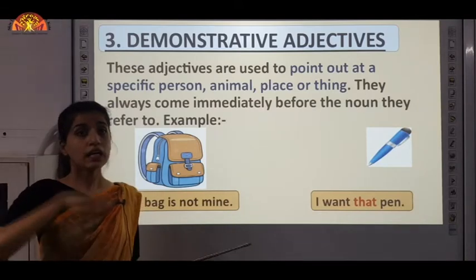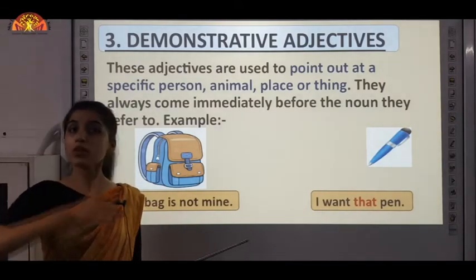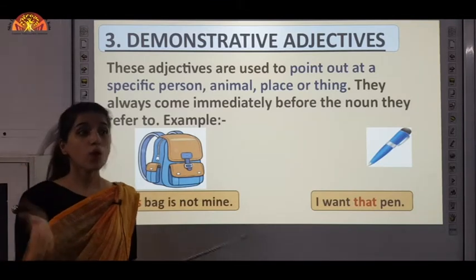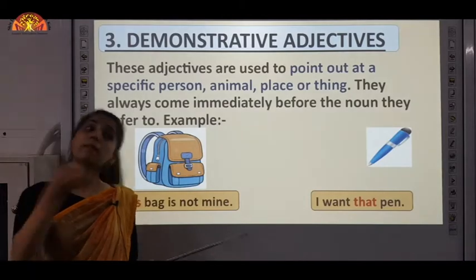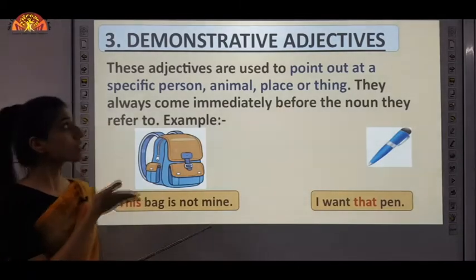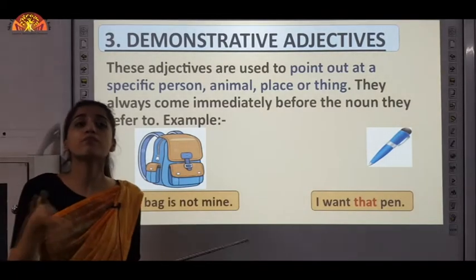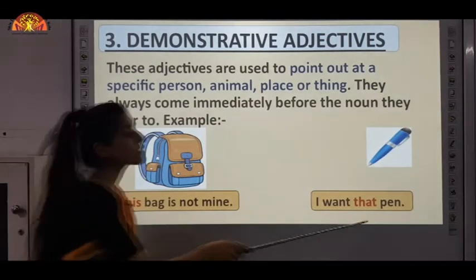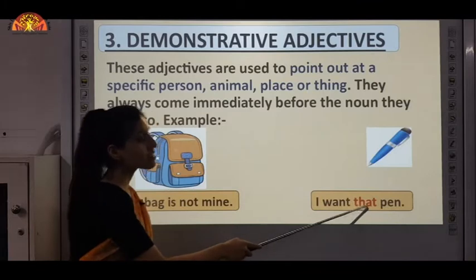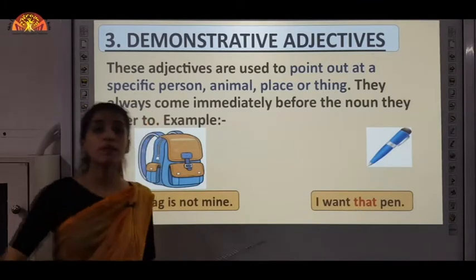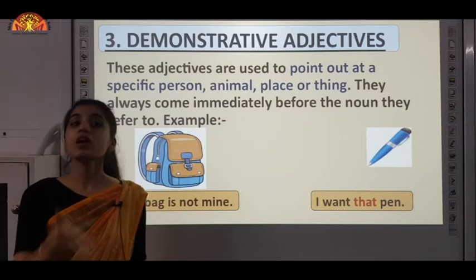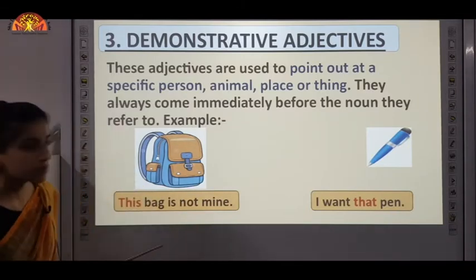Remember one thing, don't get confused between demonstrative pronouns and demonstrative adjectives, because demonstrative pronouns are placed in the place of a noun, but demonstrative adjectives will always come before a noun, as you can see over here. But demonstrative pronouns will be placed before the verb only. So now